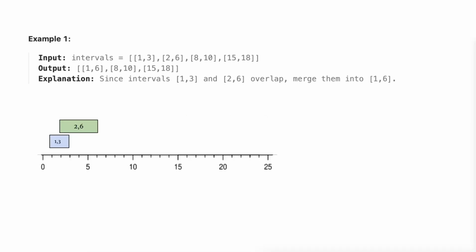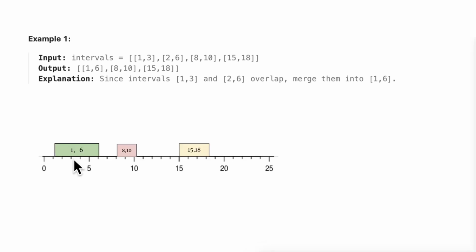Let's go through example 1. We have input intervals 1, 3, 2, 6, 8, 10, 15, 18. In this case, we see we have an interval 1, 3 and 2, 6. So these two are overlapping. We can merge them into 1, 6. The remaining two intervals are non-overlapping, so they do not get merged, and then we see that the output has